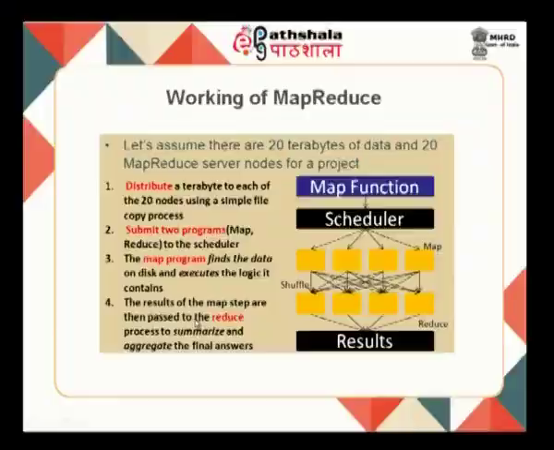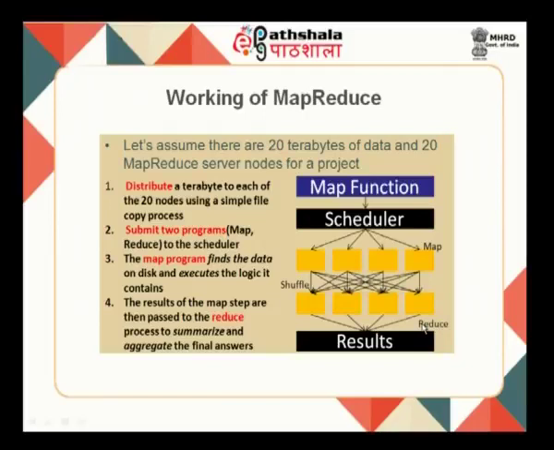So, such intermediate answers or results need to be combined together. For this purpose, the second program, which is the reduce program, will take all the intermediate results and then combine or aggregate them and then summarize them. Now, the summarized information is what is going to be given out as a result of this MapReduce function. So, this environment, which has two functions, the map function and the reduce function, will take the data, do the analysis, return intermediate results and finally combine these results and provide a cumulative or aggregated result.